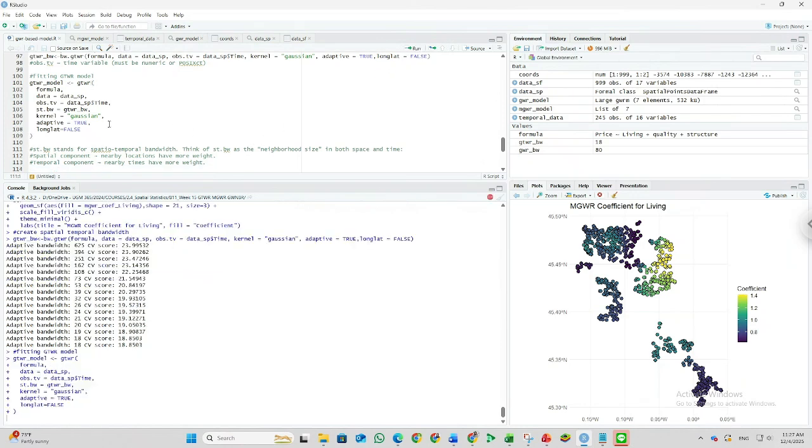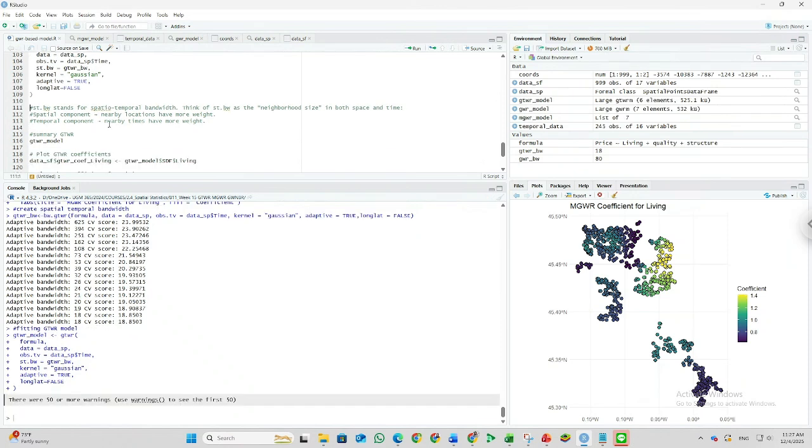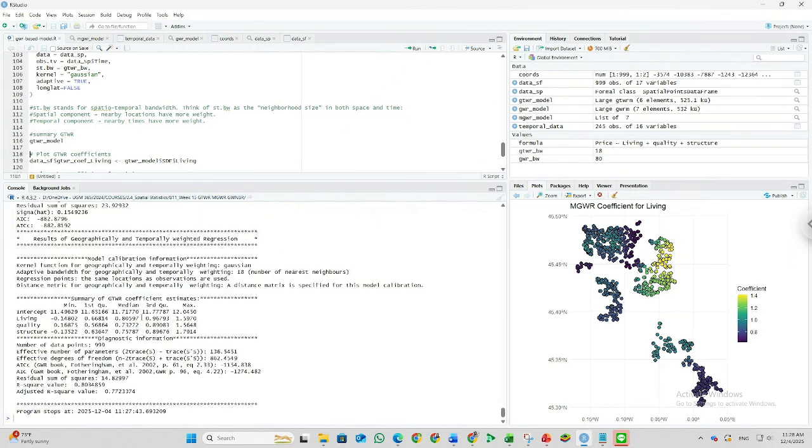Okay, it takes time. Then the spatial temporal bandwidth: for the spatial component, nearby locations have more weight, and for the temporal component, nearby times have more weight. Okay, we can avoid this one, and then we want to get the summary.